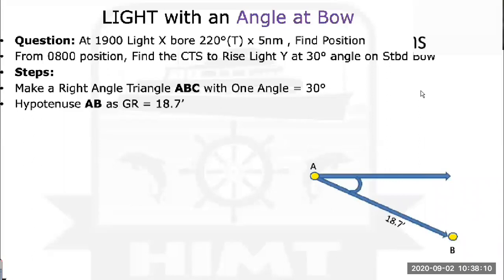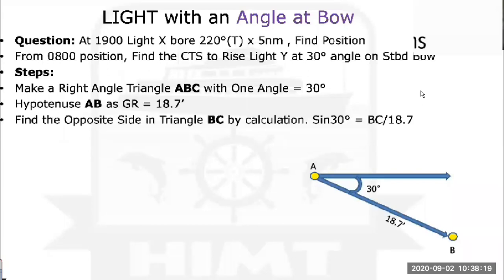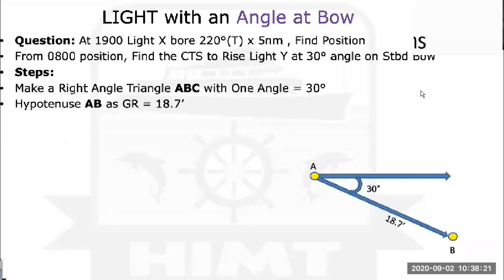I need to draw a line which is 30 degrees off. So AB has to be on the right hand side of your AC. I'm still not coming to AC; AC I've still not drawn. Obviously, why? Because it is starboard bow. So the line which I've drawn, approximately 090, should measure an angle of 30 degrees, and this AB should be on the starboard bow. So that is my assumption. These were the only two conditions given to me. But please remember, I'm assuming it a right angle triangle. Why? There is no current, no wind.